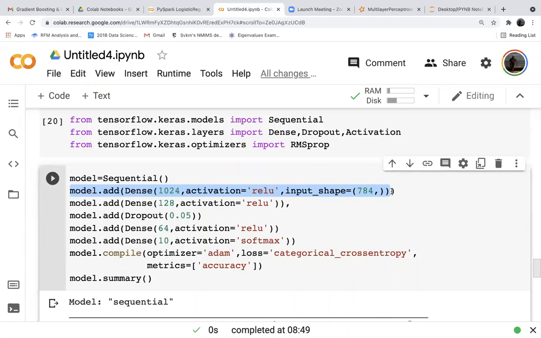And then the final output layer should be 10 neurons, because we are predicting 10 classes. Activation must be softmax, that is a multinomial activation. We have used the optimizer as Adam, loss is categorical cross entropy, and metrics is accuracy. Okay, got it. Sir, small doubt, sir. Yes, please go ahead. Sir, in the first step you are adding 1024 layers, but we have input neurons.